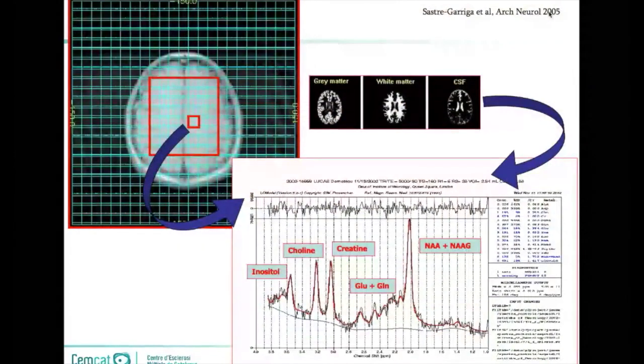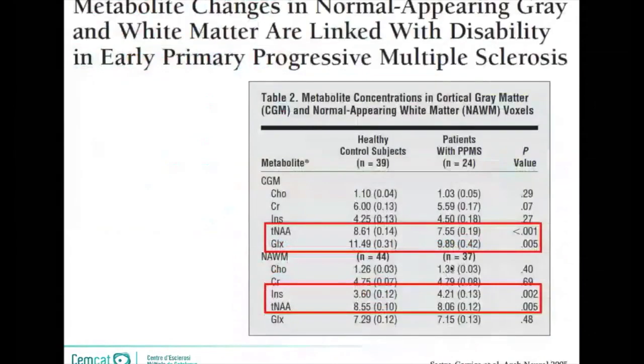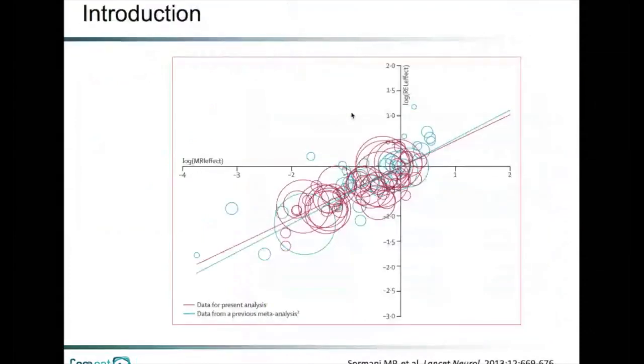in Archives of Neurology. At that time, we looked at the spectroscopy of normal appearing white and gray matter, and we looked at the different metabolic components, and we found that those metabolic components in normal appearing tissue were already decreased, in this case in people with primary progressive MS compared to control subjects. So this was just appearing normal, but was actually pathological, and also because those decreases were also associated with clinical findings. So there's a diffuse neurodegenerative phenomenon going on not only in lesions, but also across the tissue in patients with